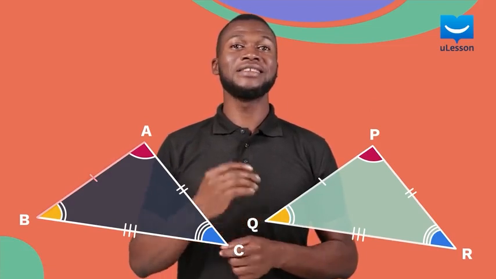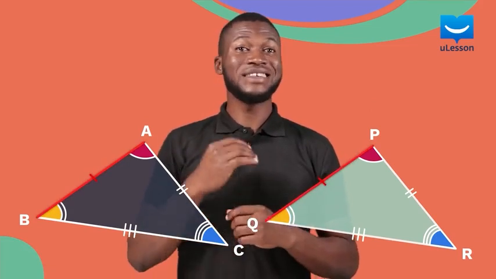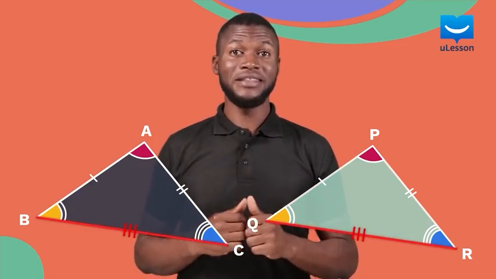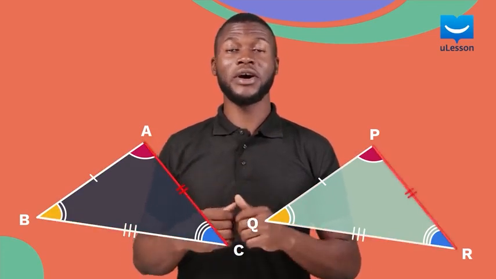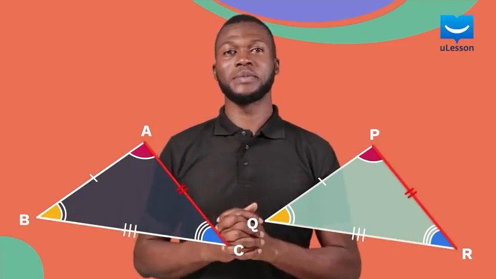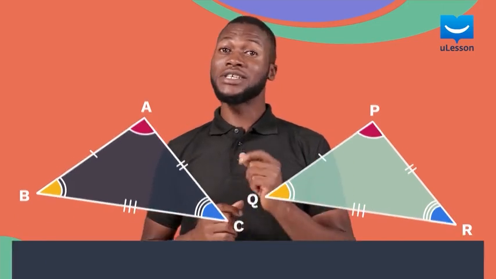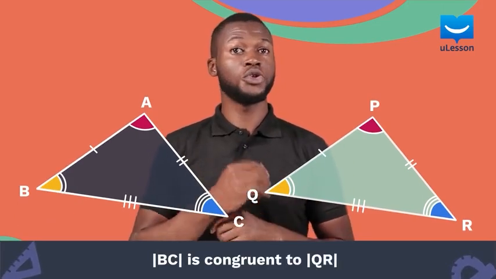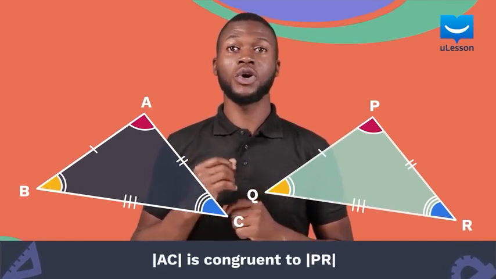Similarly, lines AB and PQ have the same length, lines BC and QR have the same length, and lines AC and PR have the same length. In this case, we say AB is congruent to PQ, BC is congruent to QR, and AC is congruent to